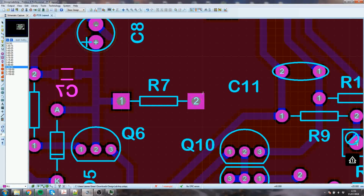It's better to have the square pad if you can, because the pad is effectively glued to the board in the sense that the copper sheet is glued to the FR4, and then the copper is covered in some photosensitive material, and then it's covered with a plastic sheet. And of course when you get it, if you're making your own circuit boards, you will expose the photosensitive material on top of the copper to whatever UV source you've got, having first interposed some partially transparent material which acts to cover up some of the photosensitive area. So in other words, it has the tracks and the pads and all the rest of it painted onto it, usually printed,